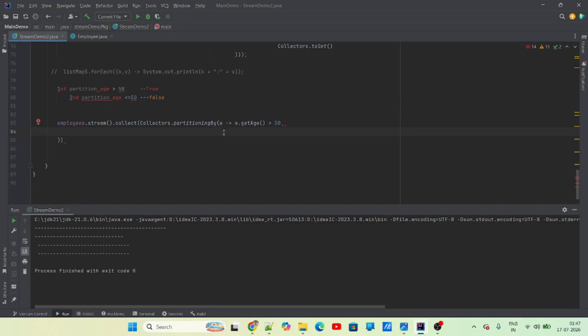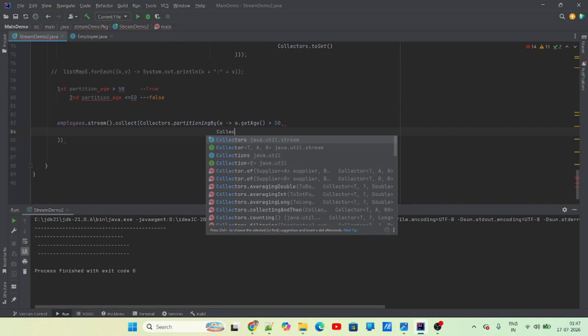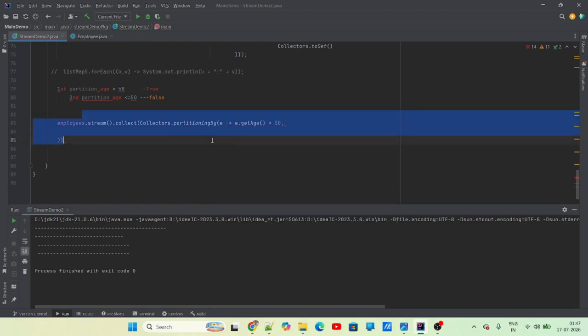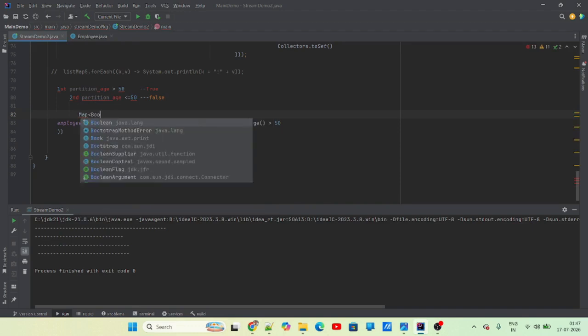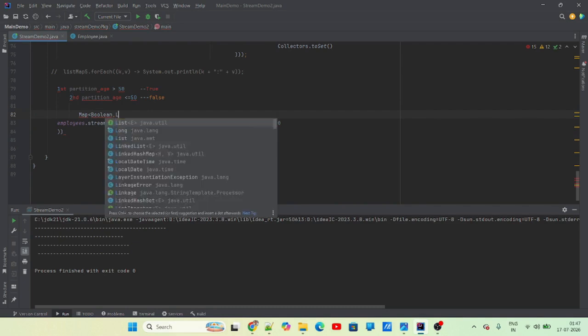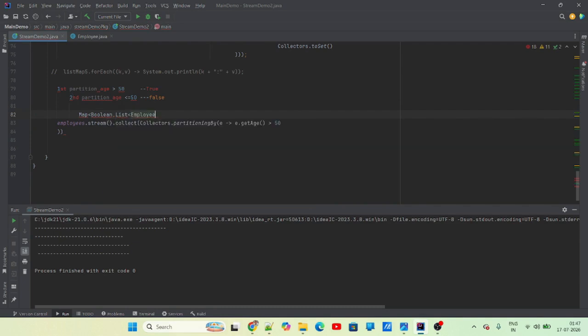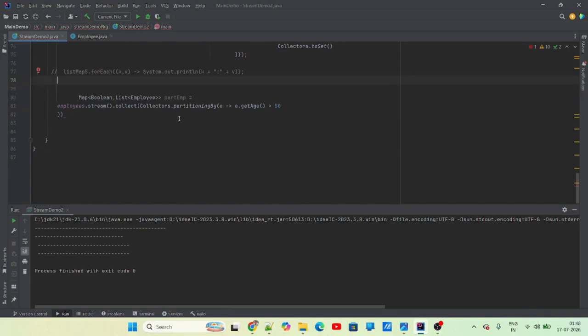Now, if I want to collect it, what do I collect? I don't send anything, right? By default, it will be a list of employees. Let's do that. Again, you will get a map. The map here would be a map of Boolean, comma, list of employees. Remove this. If I again print it,